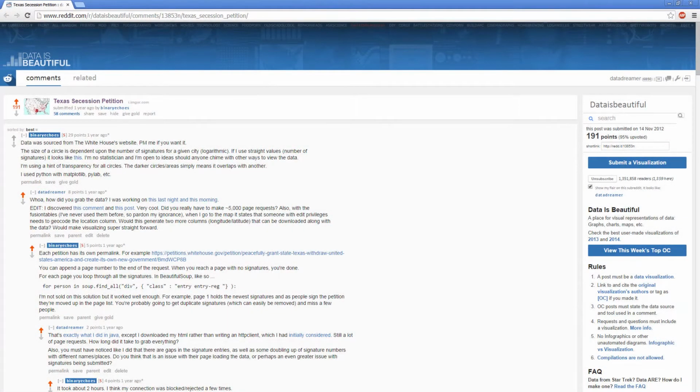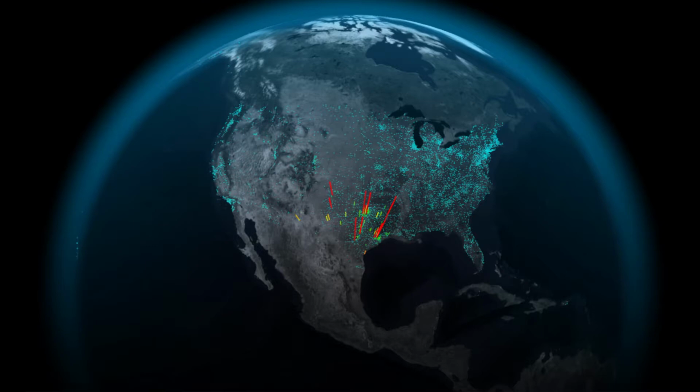So overnight, it was like a race to collect the data. Me and another person who I met up with online, we started parsing all this data, scraping it as fast as possible, and then playing around with it. So I was able to get the data and then start plotting it in a very basic way. You can kind of see, it's not so clear, maybe you can see it a little better on this monitor, but there's a lot of activity happening in Texas, but all over the country there are these little blue dots, as if following the population distribution, an equal amount of people that say, all right, Texas.